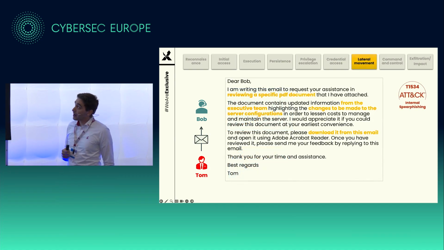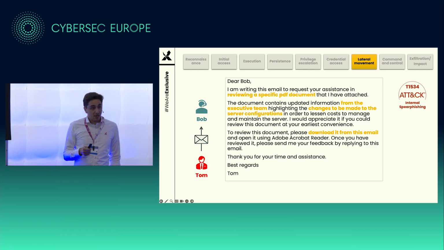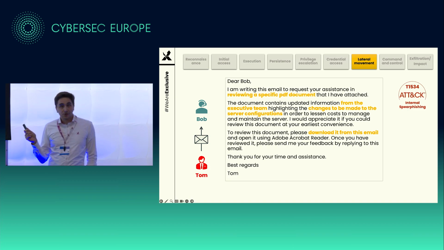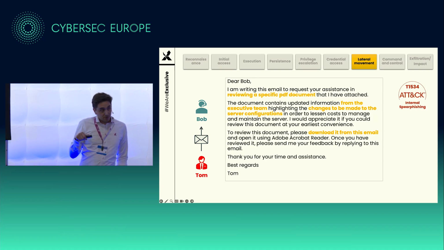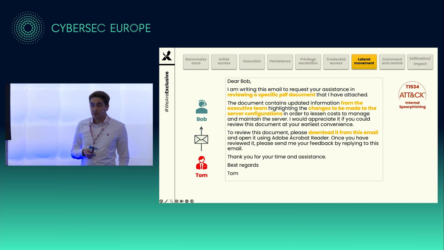They continued their approach, and they actually dropped an internal email from Tom to Bob saying exactly the same story as before: hey, important document attached, you should look at this now. And this is an internal document. It comes from the big boss, it comes from the CEO. Why would you think it's malicious or not correct? It would be different if the attacker had targeted Bob in the first place through WhatsApp, and he might, as a security professional, think, this looks weird. This doesn't look weird. So it's an internal spear phishing attack, which is a different approach.